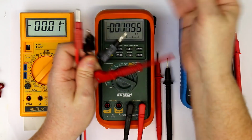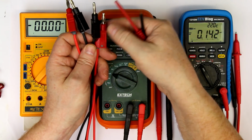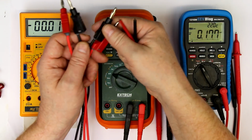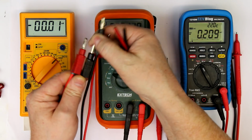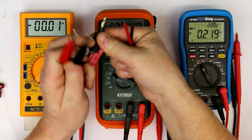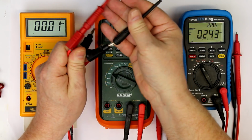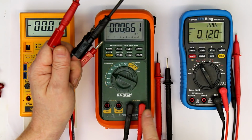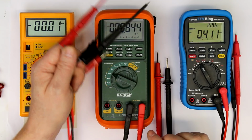These are separate silicone leads with standard banana plugs. Okay, they don't have the CAT rating because they do not have this shrouding here in front, but that's not important for me. And you can clip on these ultra sharp probe tips. They are even sharper than the ones you get with the X-Tech or with the EV block multimeter, and there's